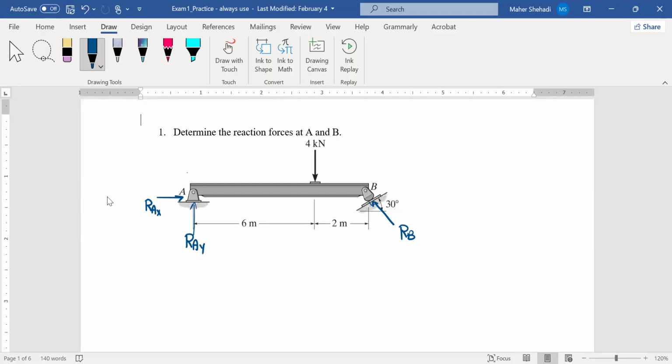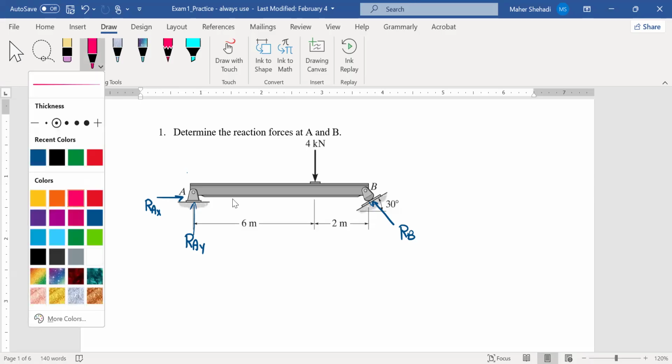Now I need to find those. First, double check before you continue: how many unknowns do we have? We have RAX, that's one, RAY, two, and RB, that's three. Three unknowns. Can I put RAX equal to 0? No. Although the force is parallel, it's perpendicular to the cantilever. However, you can't put it because RB is not parallel, and RB is going to give you two